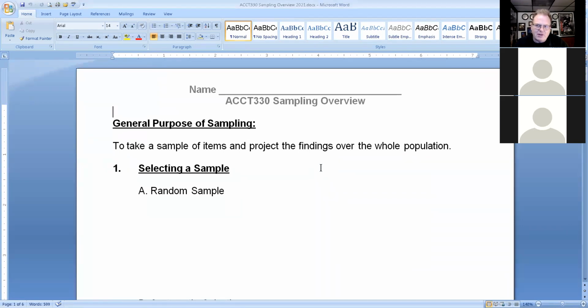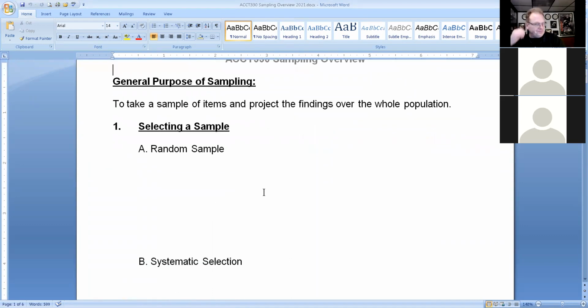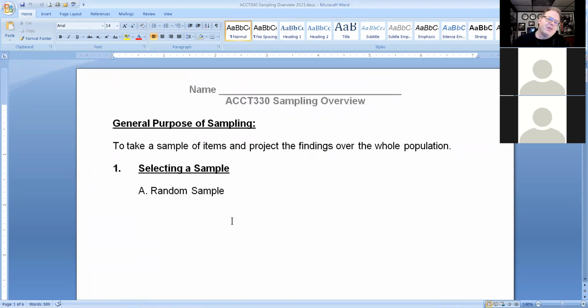It was sort of taking those questions that were tested the most and putting those into a handout. All right, so I think we talked about some of this stuff before, but the purpose of sampling, we talked about. I think we talked about this before when we did the classical sampling. Is you take a small sample and then you project it over the entire population,